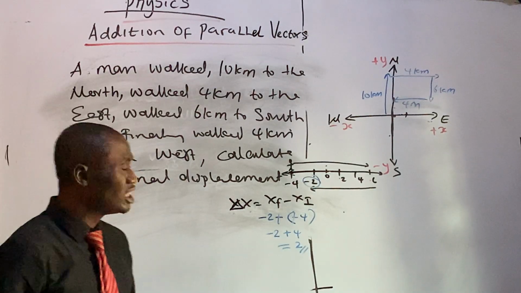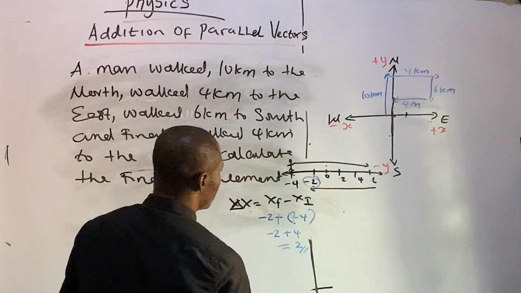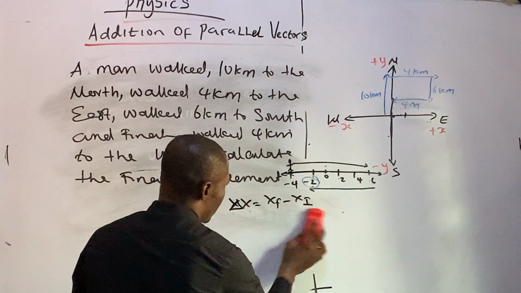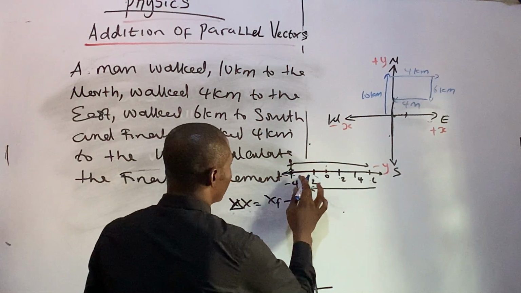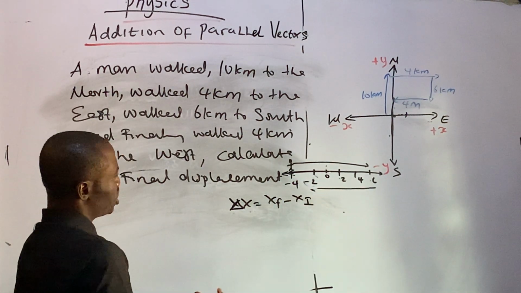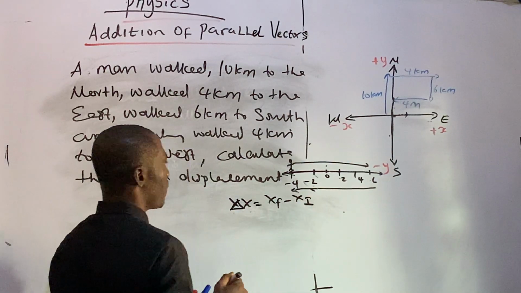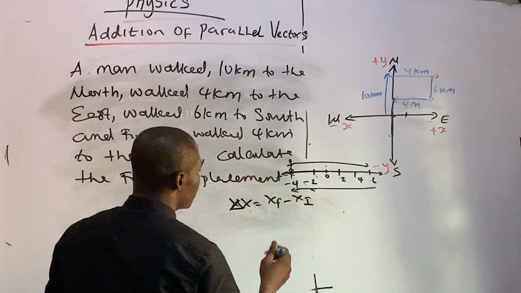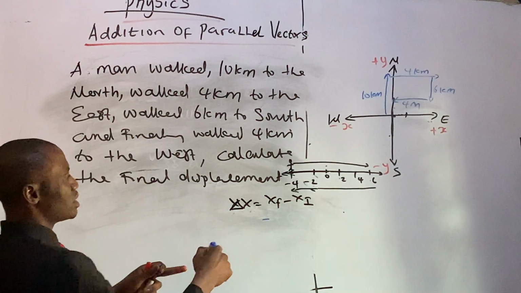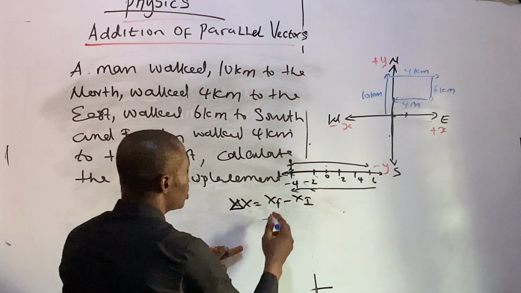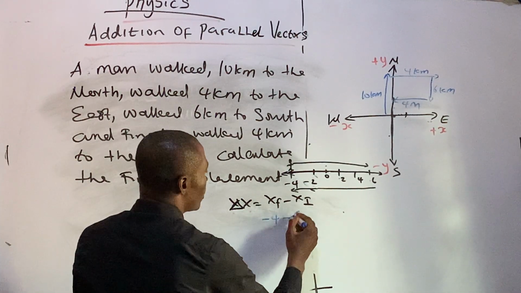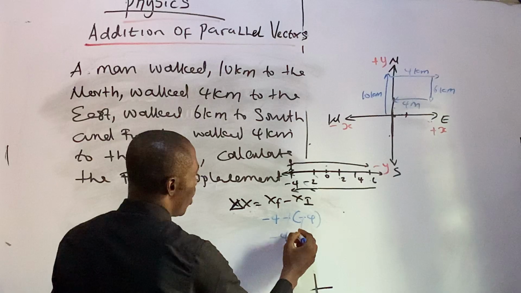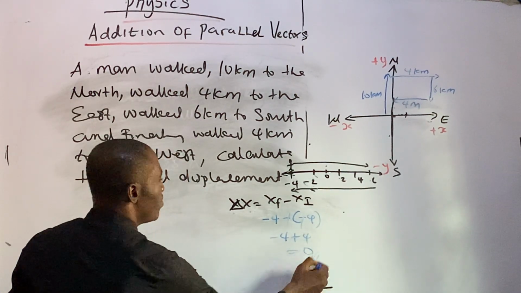my final displacement. But meanwhile, this is the final displacement for this illustration. What if I have this illustration? And then I didn't stop over here, but I moved till I got to this side, till minus 4. I started out from minus 4. I came back to minus 4. Look at my final displacement. It will be the final position, which is minus 4, minus the initial one, which is minus 4. Minus will cancel minus, so I have minus 4 plus 4, which is equal to 0,